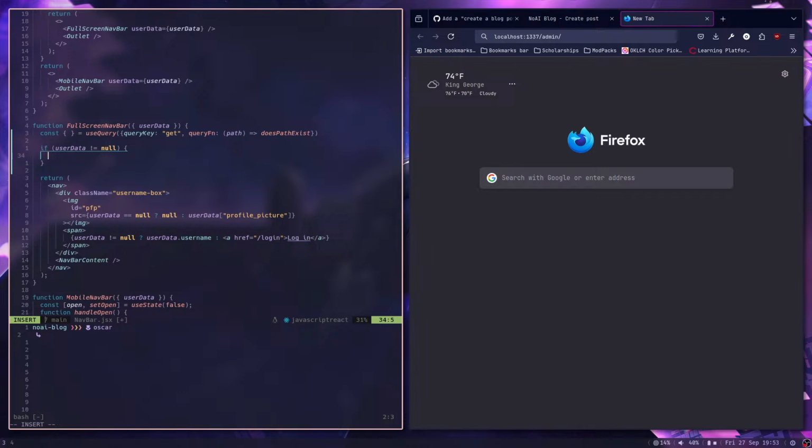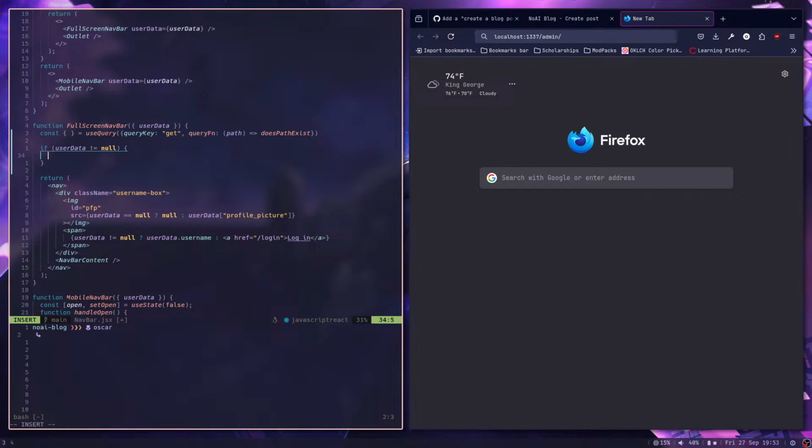So yeah, that's kind of why I say let me just... No, I'd like to use TanStack. I went through the work of getting it set up and learning it, so I should do my best to use it, even though I despise myself for saying that. That's fine. So if user data is not equal to null,